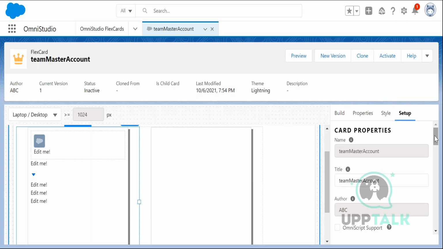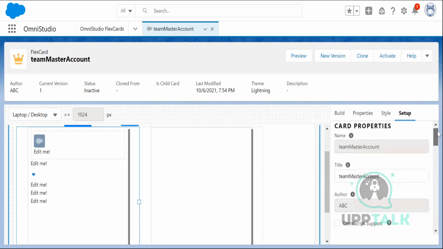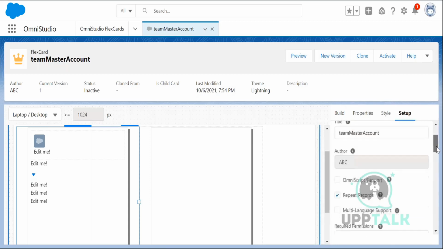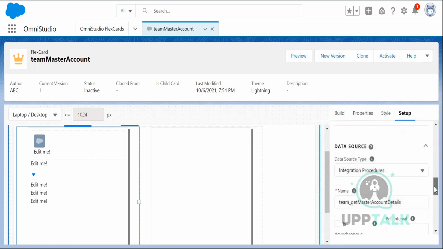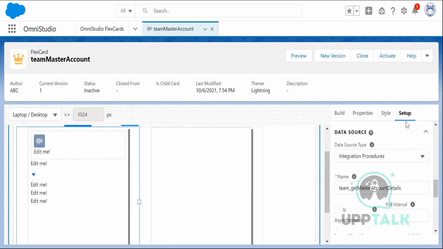So what we have done is, before that, we need to understand what data source we are using and what the different data sources are. That's a really good question. So here, if you go to the setup,